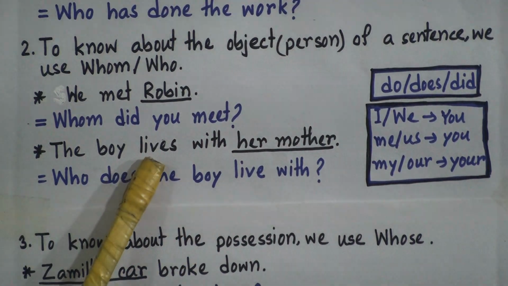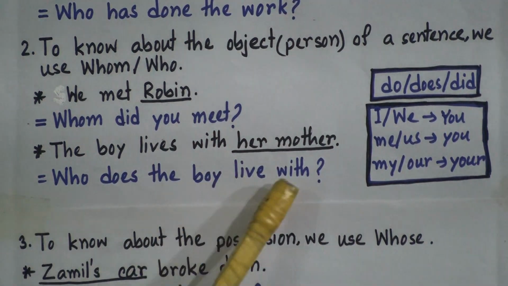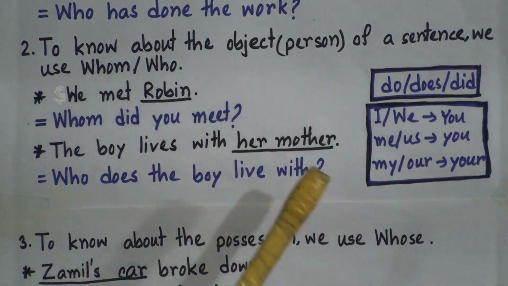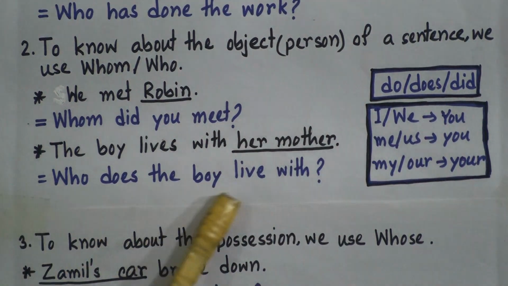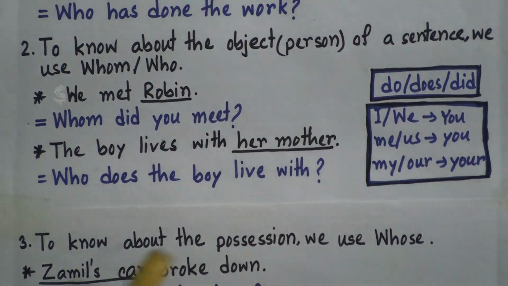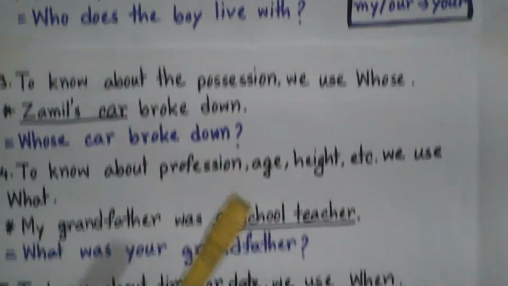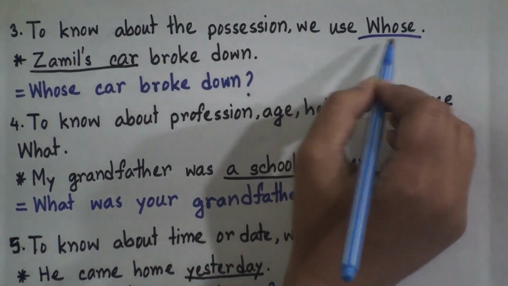Now the present form of the verb, that means live with. Now the rest of the sentence. So who does the boy live with, or whom does the boy live with? Now we will go to our next rule, rule number 3. To know about the possession, we use whose. So if you want to know about the possession, we will use